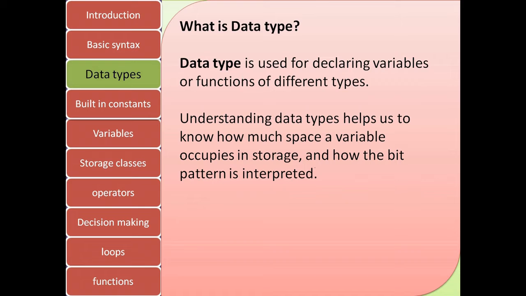If high memory consuming data type is used when not required, the program will occupy more space from the storage and it causes wastage of memory. Second one is, as the size of program increases, the processing speed of the program decreases. The third one is impartial reading of data.